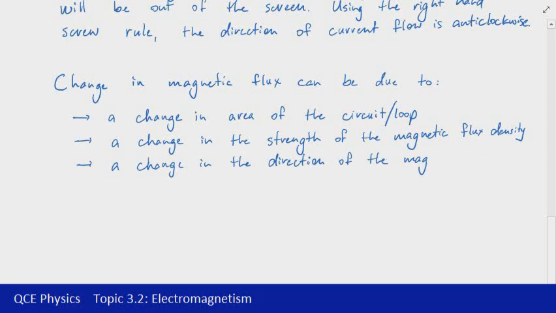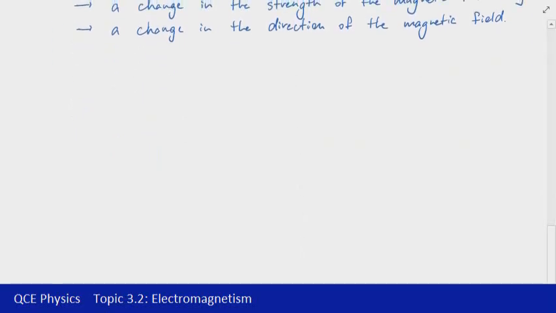Now I'm going to leave you with three scenarios here representing those three different options. I want to see if you can apply the understanding there to determine the direction of current flow in each of them. So in the first scenario, we're going to start with the magnetic field directed into the screen,